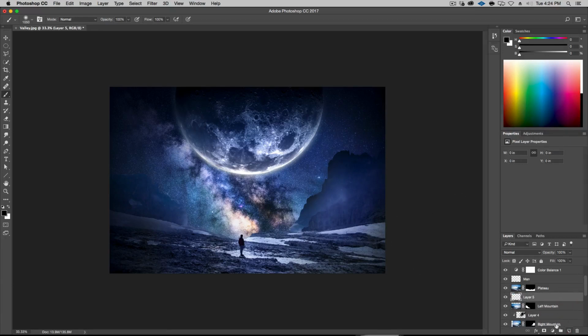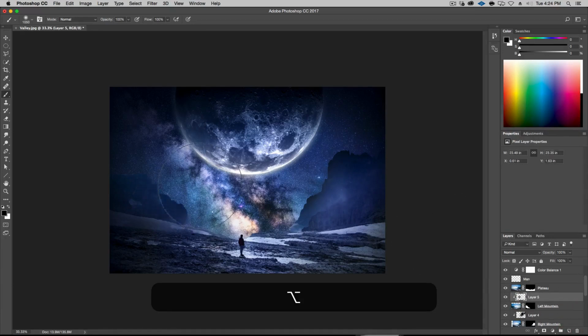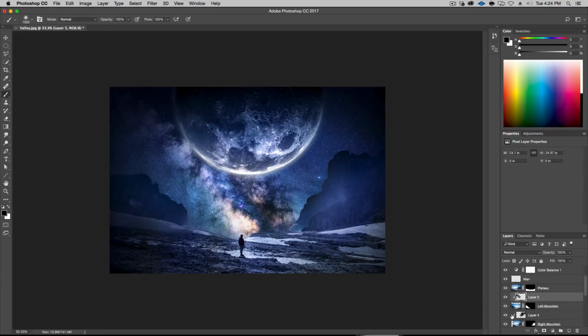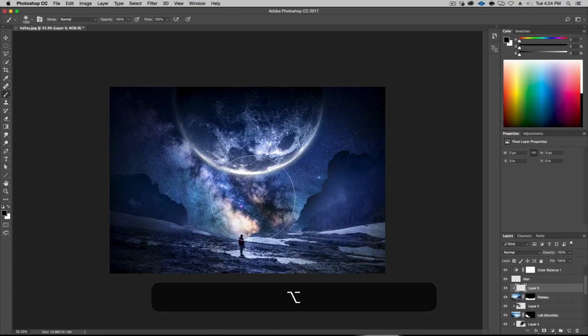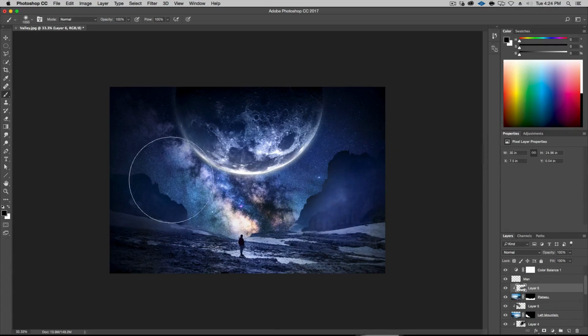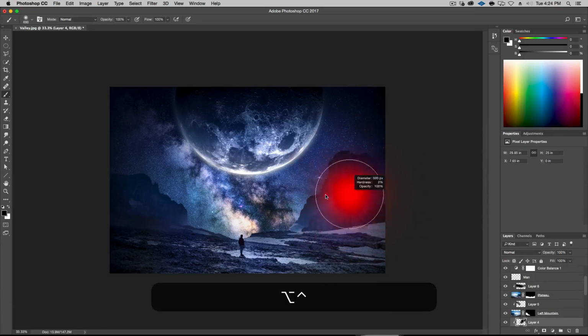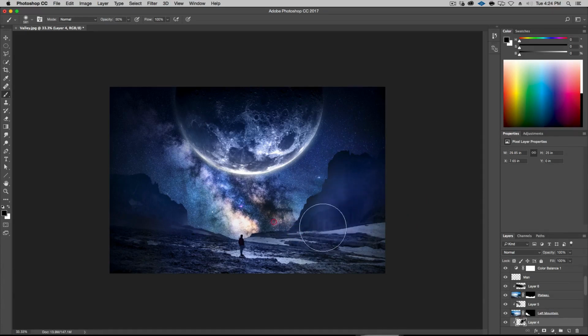So left mountain, same thing: new layer, then hold down the Alt key and just kind of brush around here. That way I'm not destroying this mountain if I ever want to get that back. So that's pretty helpful. And let's do the same for the plateau. New, link, and just kind of go in here like this. There you go, it's better. All right, okay. So now we're kind of all in similar planes. I feel like this one's a little soft. Let's go in here, and I'm going to go lower, just add some darkness right here. It's better. There you go.